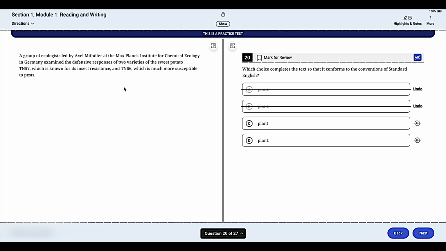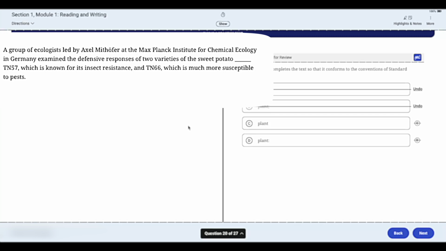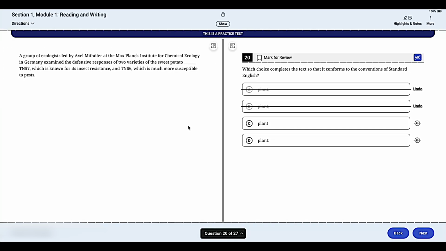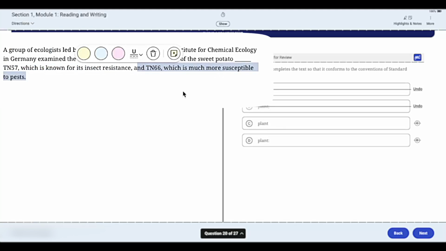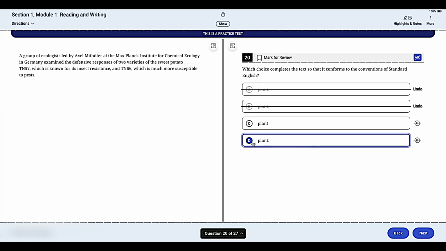And before a colon, we need a full independent clause, which we do have. And then after a colon, we're usually going to have a list, an example, a quote, or a cliffhanger. So here we have 2 items. That is an item of 2, which means it's a list, which means D totally works. This will take some time and practice, but you can get started with this video on how colons work. It covers 4 ways that colons work specifically on the SAT.